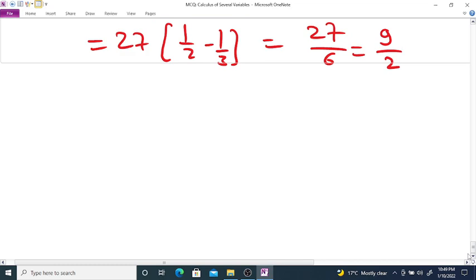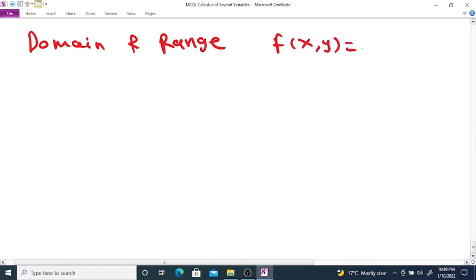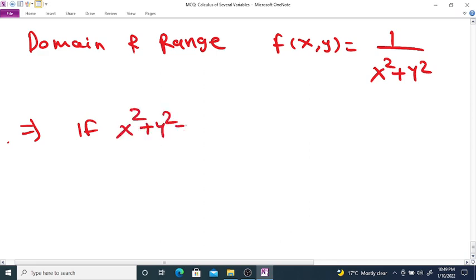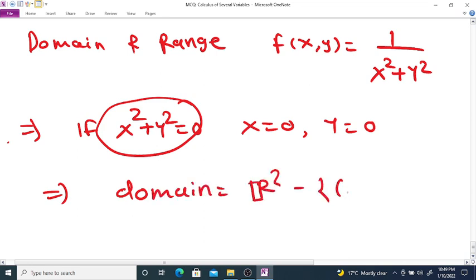Now next, again, what is the domain and range of the function f(x,y) is equal to 1 divided by x square plus y square. We know that this function is not defined if x square plus y square is equal to 0, and this has only the solution x is equal to 0, y equal to 0, and therefore the domain is equal to R square minus (0, 0),